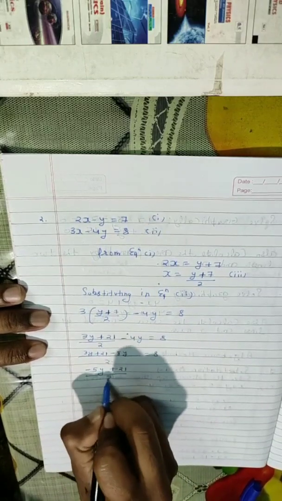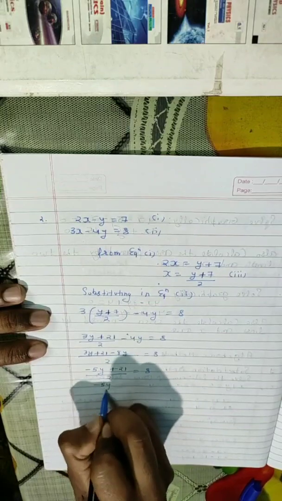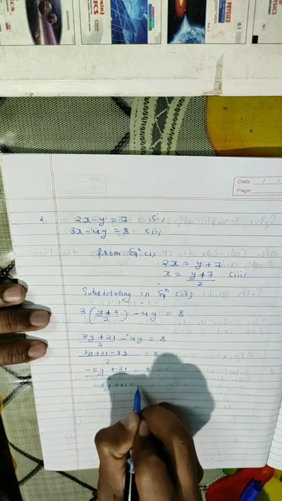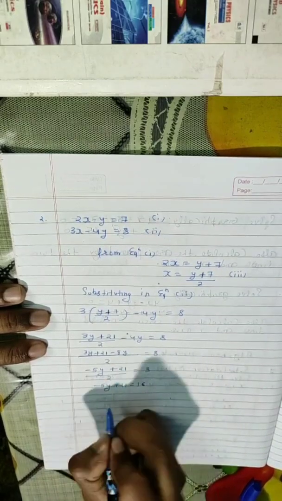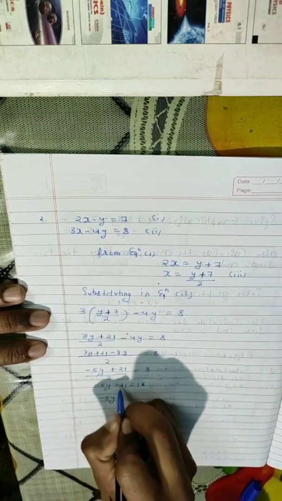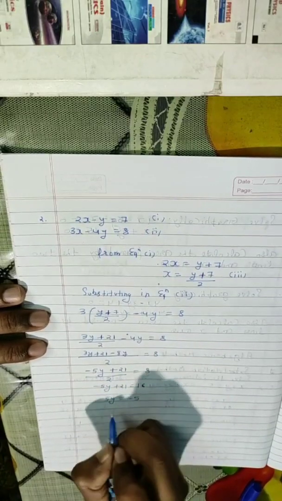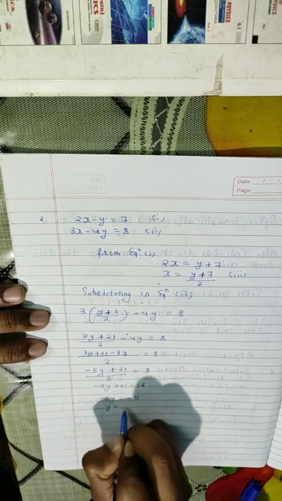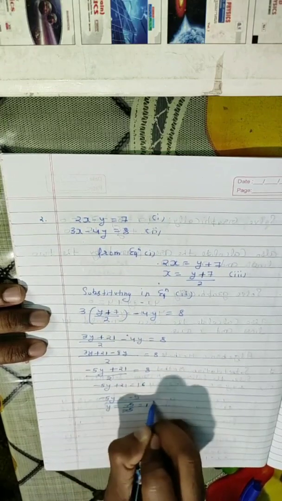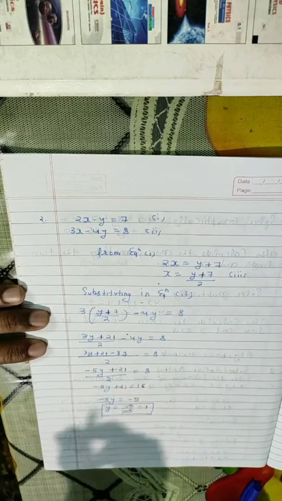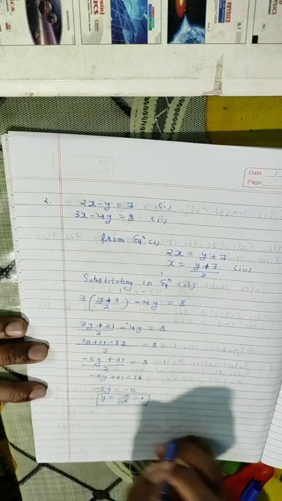Okay, in the next step we will cross multiply. So 2 into 8, it will become plus 16. I just cross multiplied 2. Okay, so minus 5y is plus 16 of minus 21, so it will become minus 5, and the value of y is minus 5 upon minus 5, or we can say value of y is plus 1. Very simple. Now again put this value of y in equation number 3 and get the value of x.